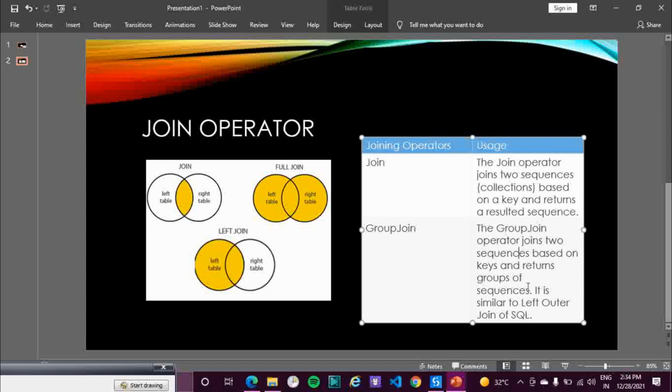If you compare it with SQL, the join operator is basically your inner join, and group join is similar to the left outer join in SQL.